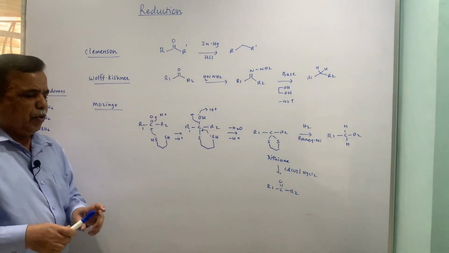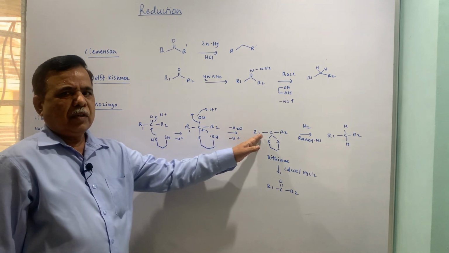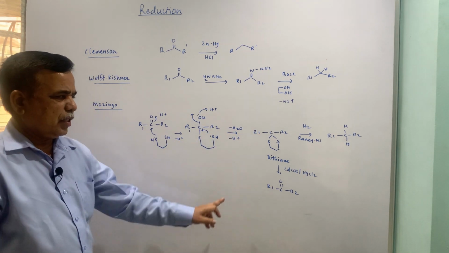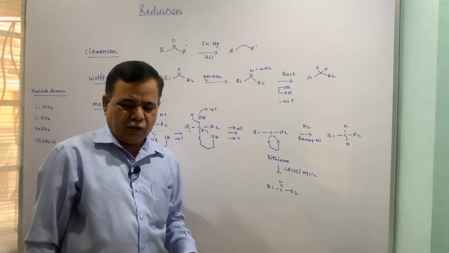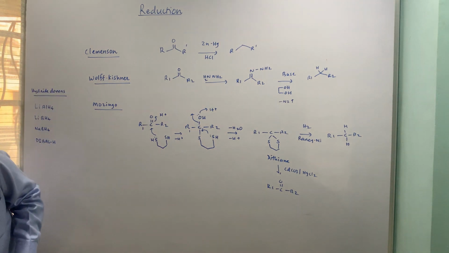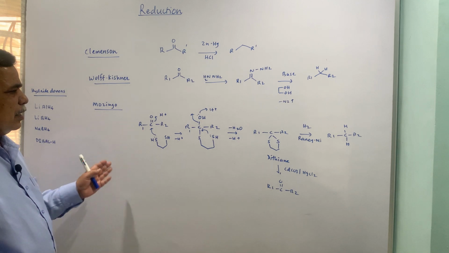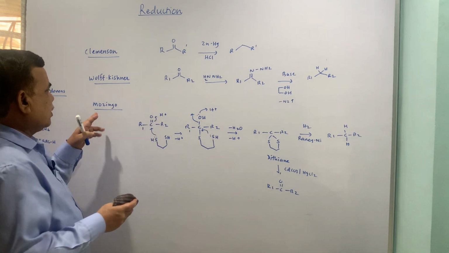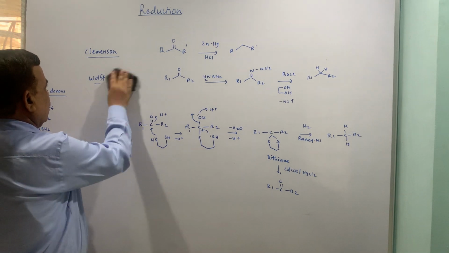So, in protection of carbonyl compound, the protecting group can be removed so that the carbonyl group is retained, or it can be transformed into hydrocarbon depending upon the situation or the requirement. The desired product can differ, and this reaction is also known as Mozingo reduction or Mozingo reaction.